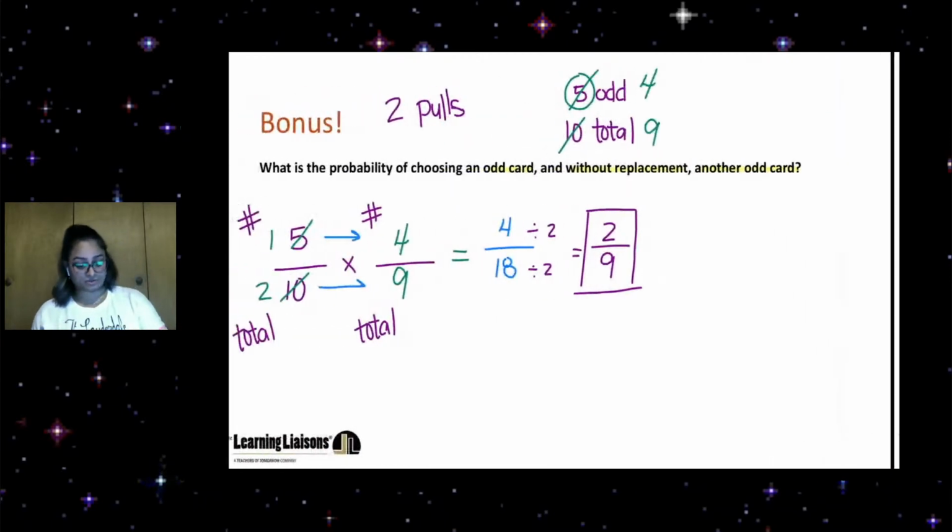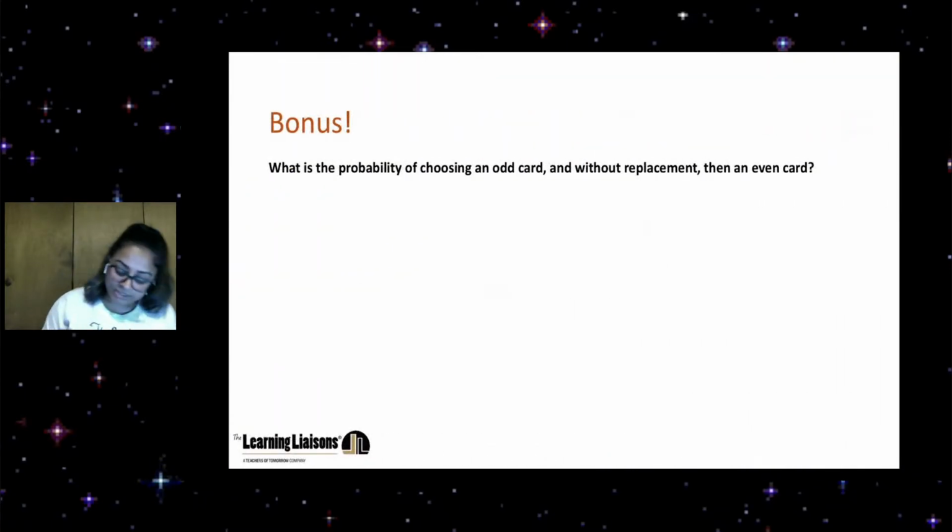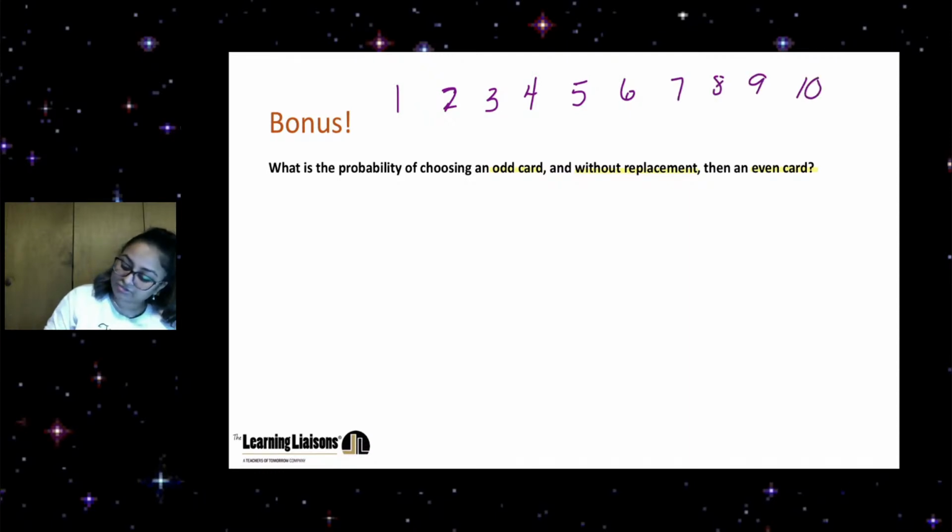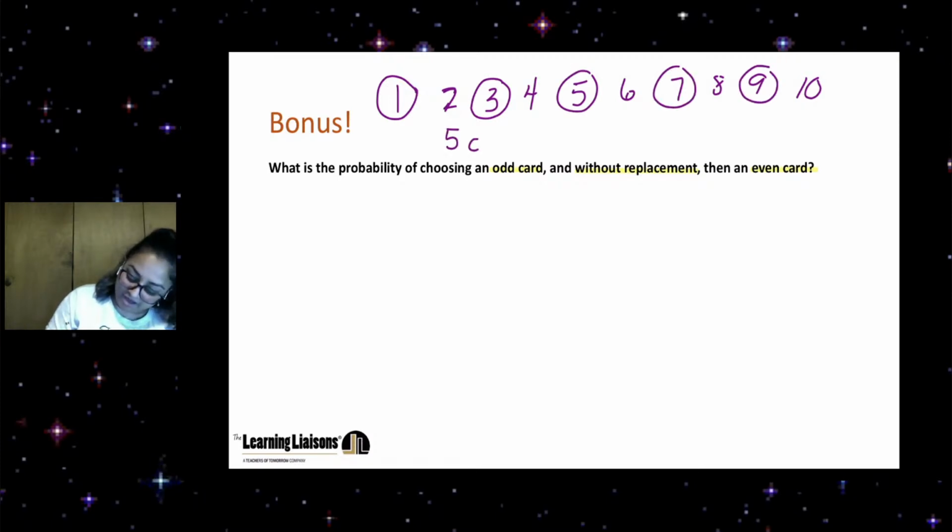Right, so here's another one. Let's try one more. What is the probability of choosing an odd card without replacement and then an even card? Well, 1, 2, 3, 4, 5, 6, 7, 8, 9, 10. So remember, we had 5 odds. So how many evens do we have? We have 5 odd, and that means we have to have 5 even to get a total of 10, right? And now we're going to do odd total,